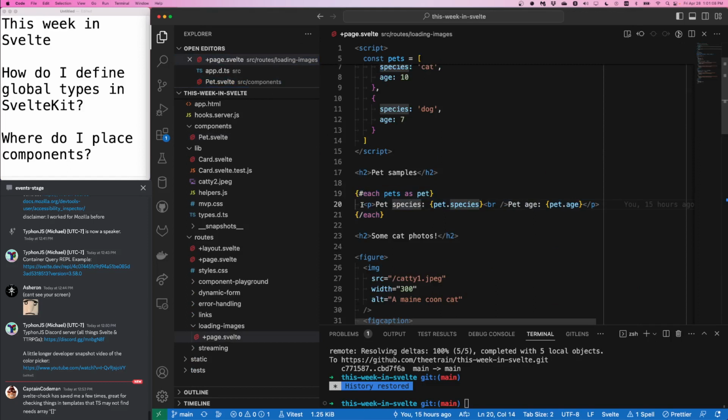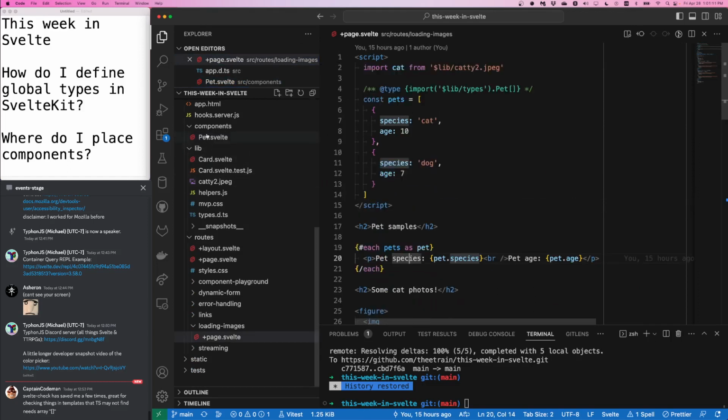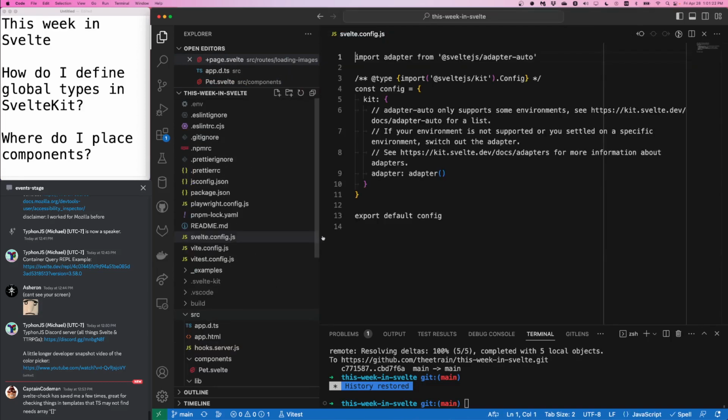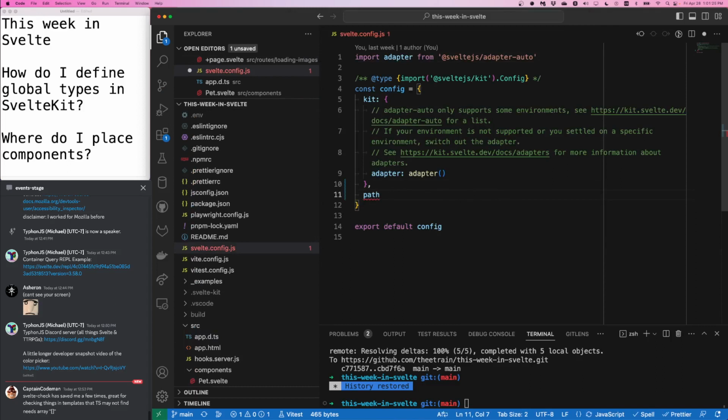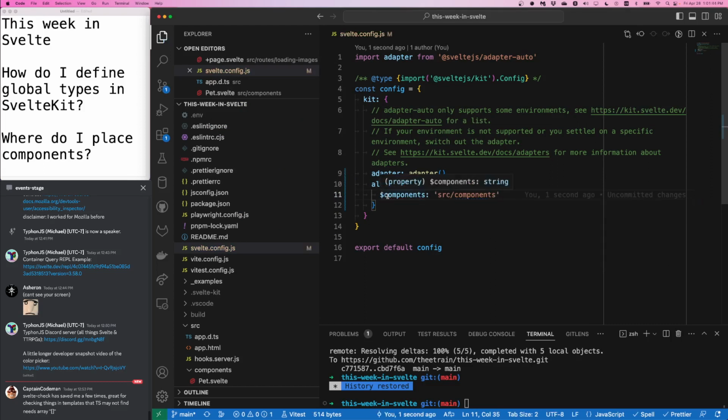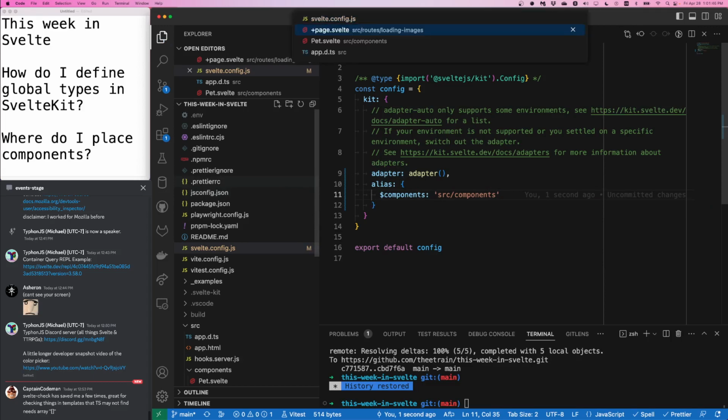And I want to also set up a path alias, because if I import the pets in a custom directory like components, SvelteKit is not aware of any custom path aliases. So let's add one. If I go to svelte.config.js, I believe it's paths or alias. No suggestions, it's probably under kit. Alias, there we go. And you can say string or $components, source components. So I've set up a path alias called $components, and theoretically, this should auto import my pet